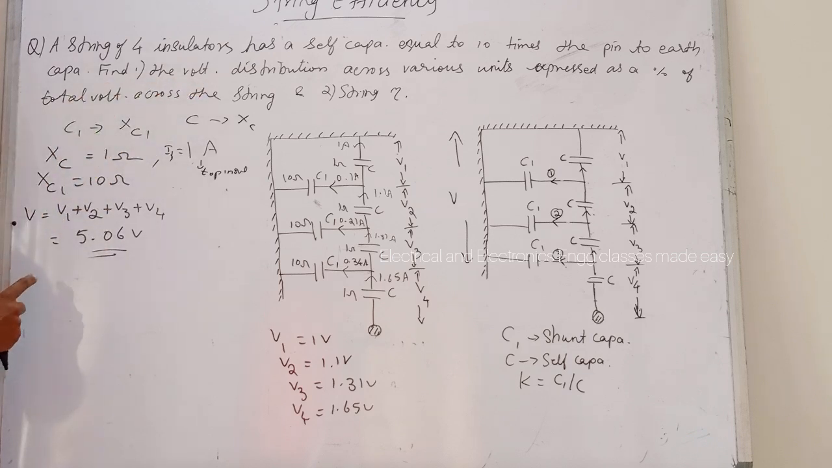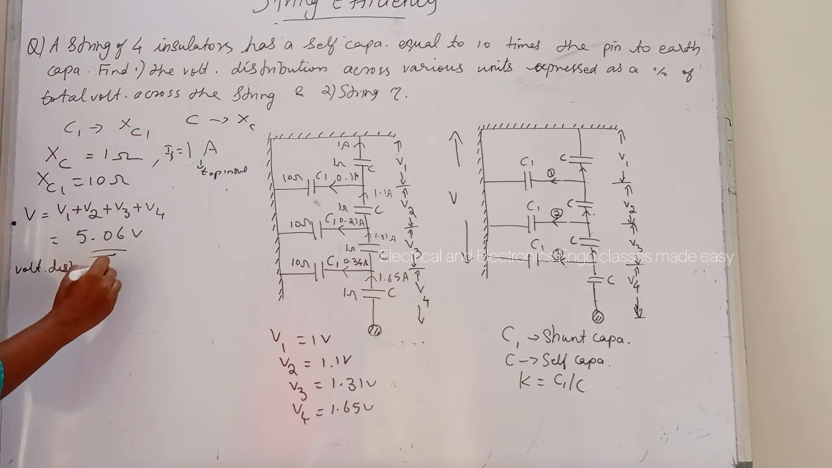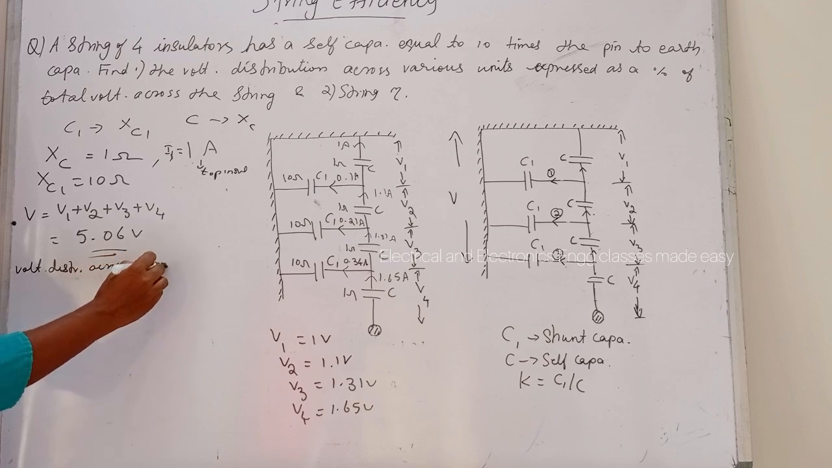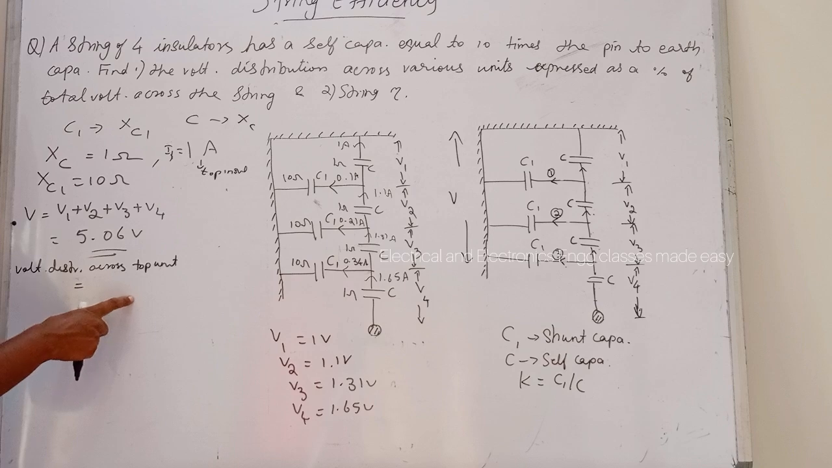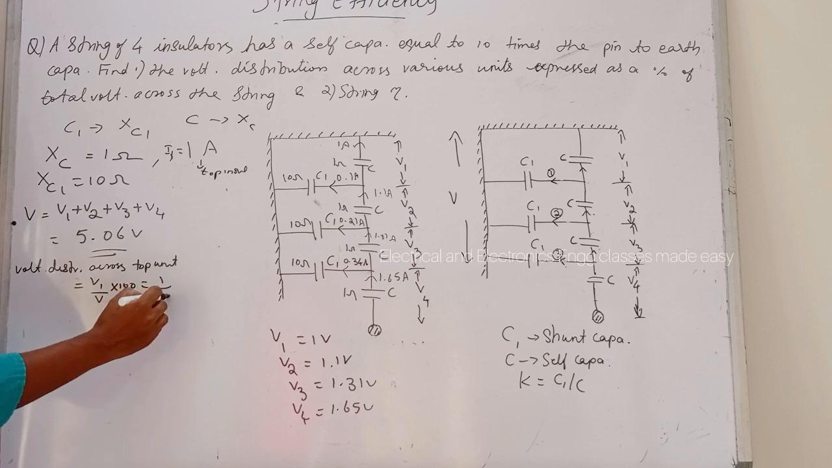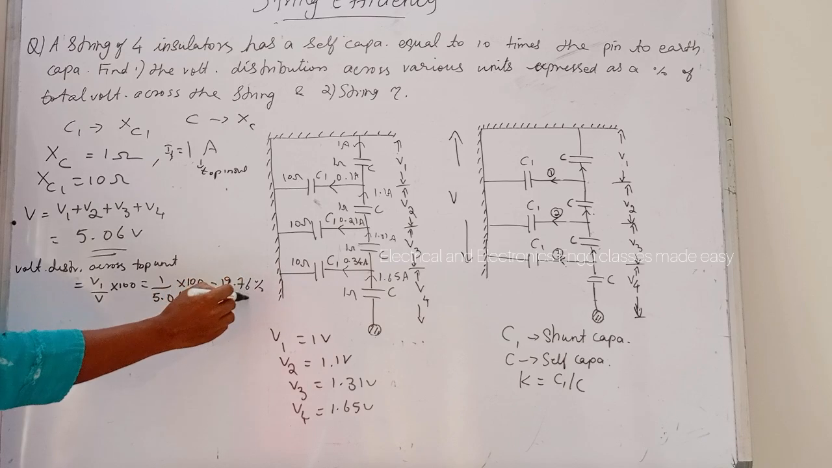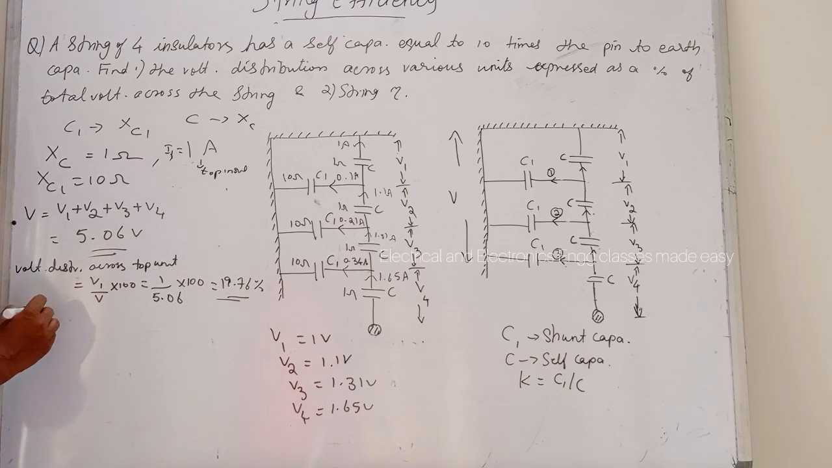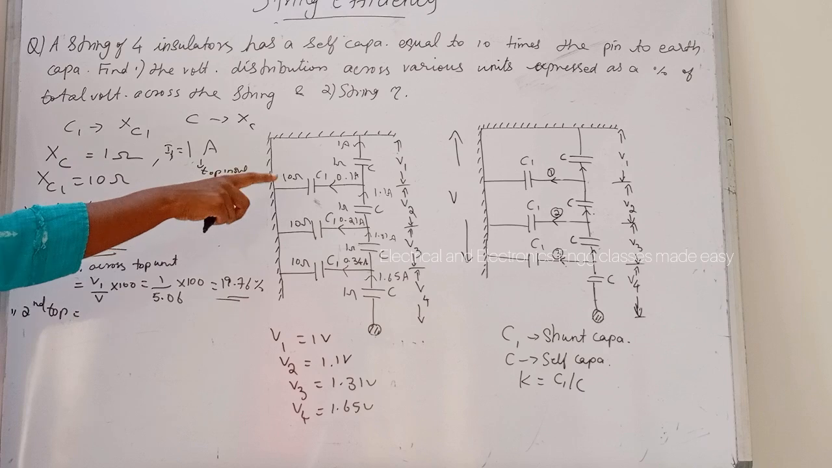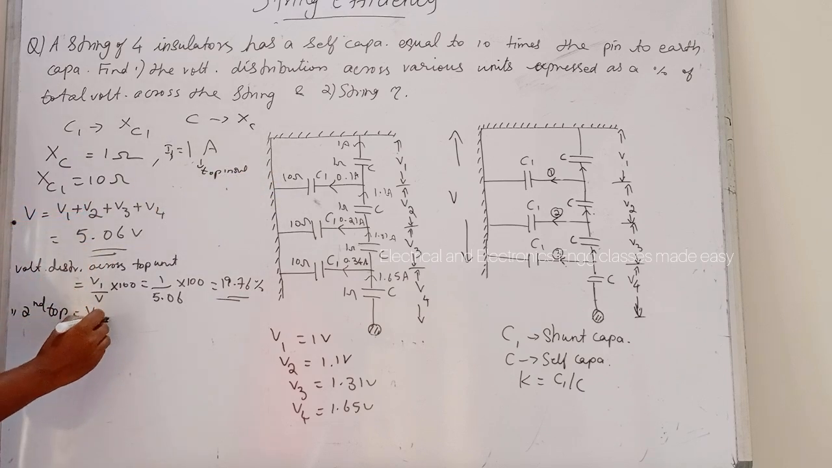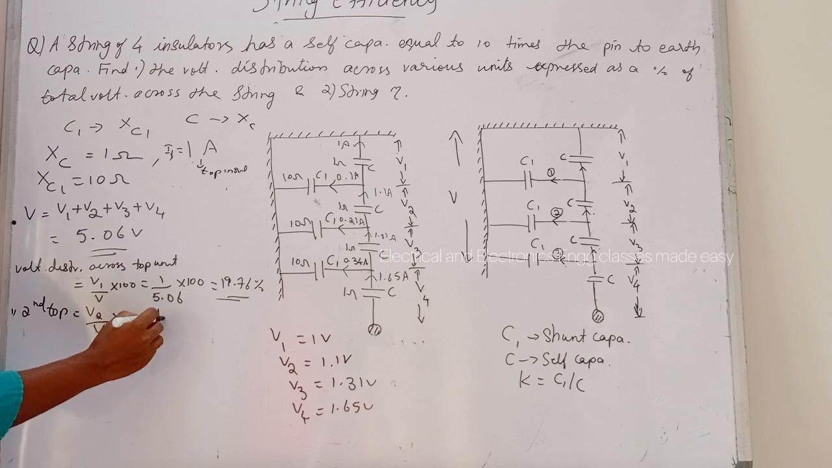Now we can find the voltage distribution across various units. So the voltage distribution across the first unit, that is top unit, is equal to V1 divided by V into 100. So V1 is 1. 1 divided by 5.06 into 100, and that is equal to 19.76 percentage. So similarly, the voltage distribution across the second unit from the top is equal to V2 divided by V into 100, and that is equal to 1.1 divided by 5.06 into 100, and that is